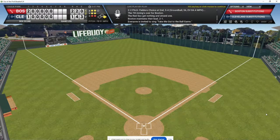Take Me Out to the Ball Game ends before the ending as we go to the bottom of the 7th